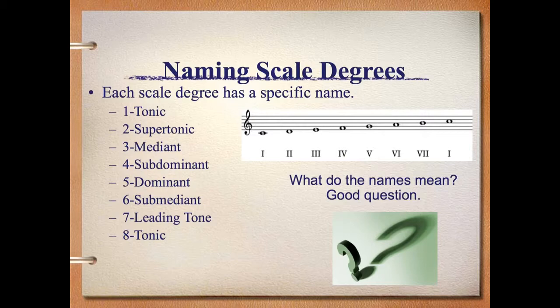So we have C, submediant, which wants to lead us to mediant, to the subdominant, leading to the dominant, and back to tonic. So the function of each of the notes of the scale will help us to determine the proper structure of our melodies. Please take a moment to write down each of these scale degree functions and their names on your paper.